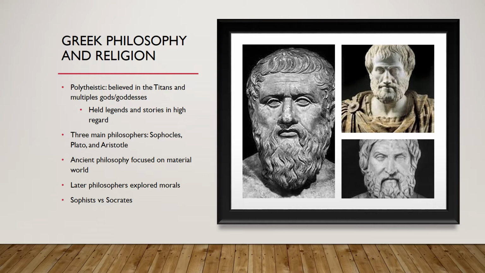The big three, Sophocles, Plato, and Aristotle, were all interconnected in that Plato was the student of Sophocles and Aristotle was the student of Plato. And Sophocles came in direct conflict with one of the early of the late schools of thoughts called the Sophists, who believed that there was a personal truth and that it could exist in tandem with an objective or direct